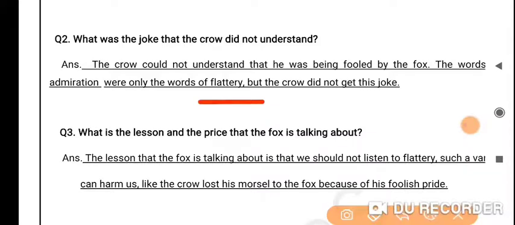And lastly, we have question number 3, what is the lesson and the prize that the fox is talking about? The lesson that the fox is talking about is that we should not listen to flattery. Such vanity can harm us, like the crow lost his morsel to the fox because of his foolish pride. So these were the question answers from the chapter The Fox and the Crow